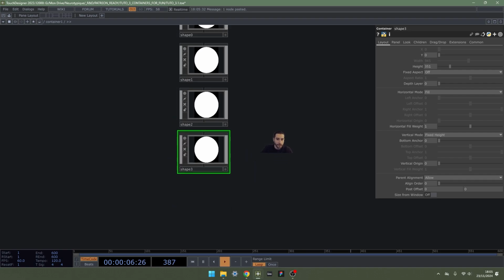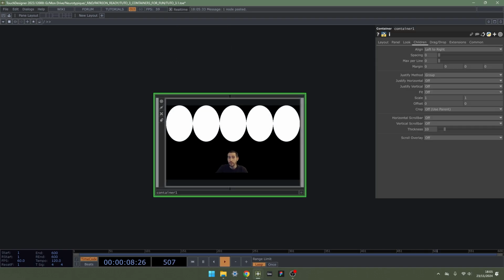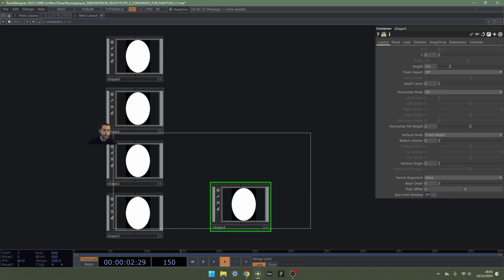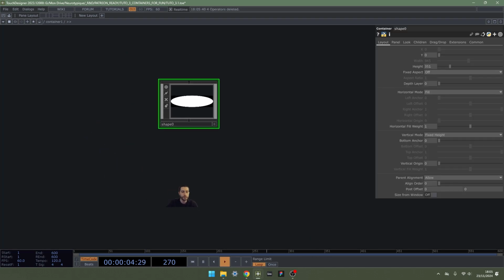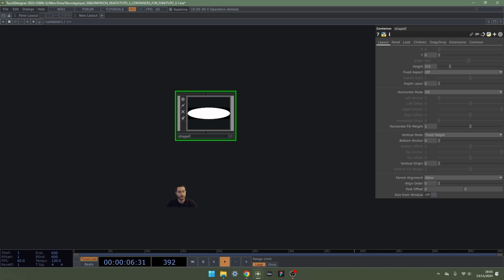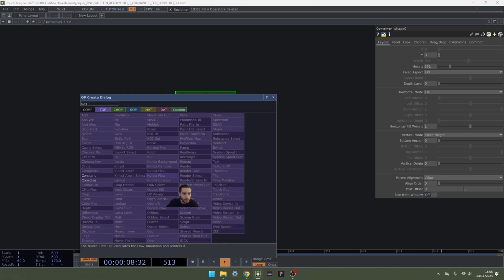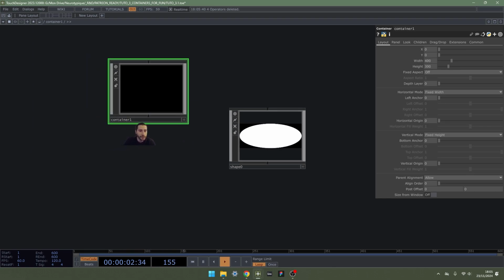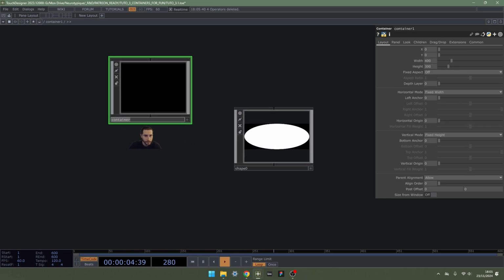So this is what we're going to use to create our columns. Let's right now make our column comps, so we are already set. I'm creating a new container. This one I'm going to name column 0.